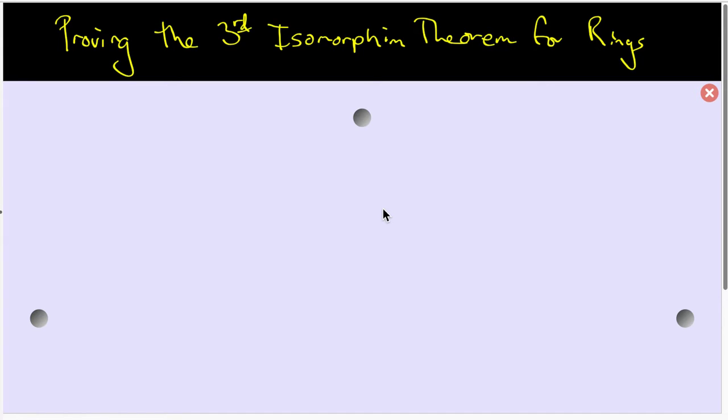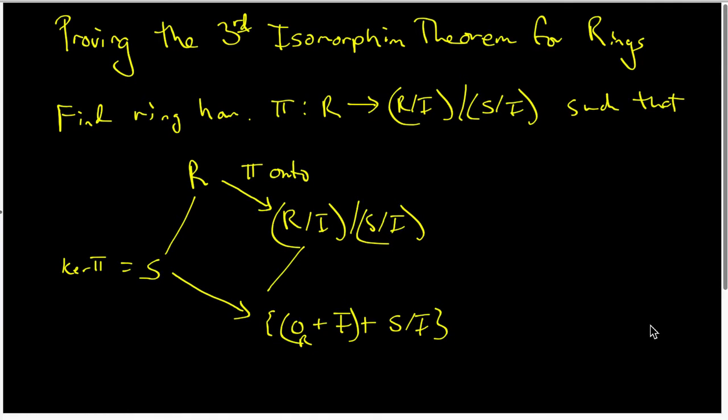In this video, I want to prove the third isomorphism theorem for rings. In the last video, we looked at the statement of this theorem, and we came up with a strategy for trying to prove the theorem, and I want to start with that strategy. In the last video, we decided that we could use the first isomorphism theorem to prove the third isomorphism theorem